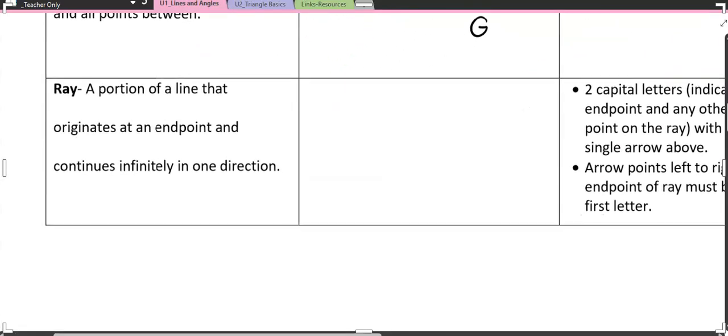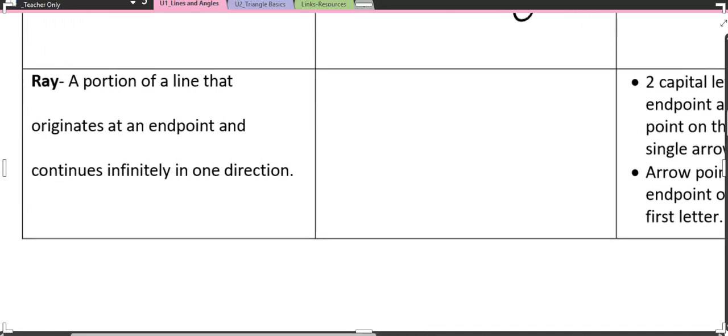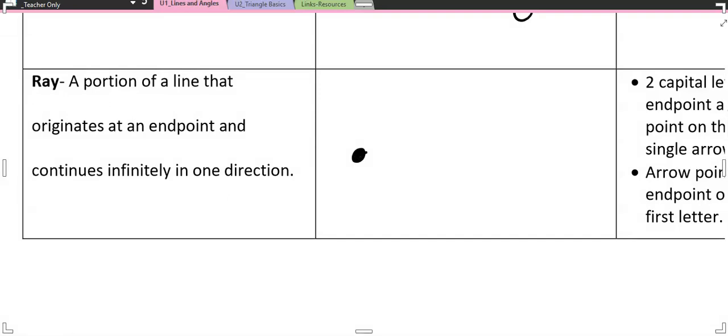The next one is a ray, and this is kind of a combination of our first 2 definitions regarding line and line segment. It's a portion of a line that originates at an endpoint but then continues infinitely in one direction. So for example, we have this, and it extends forever one way. So it has an endpoint, which in this case I'll call P, and then it would need maybe a second point along it to just simply tell us what direction we're going in,